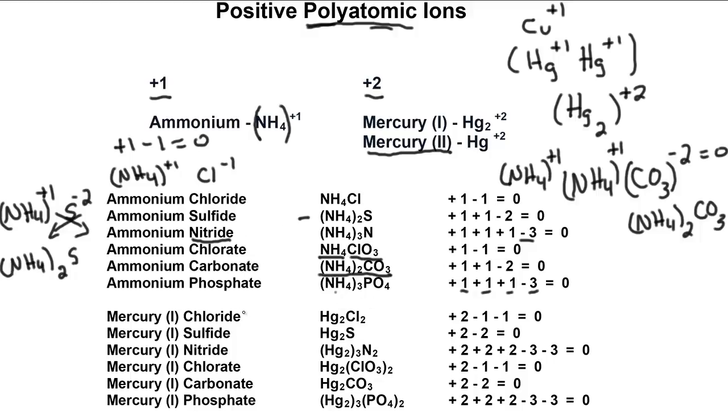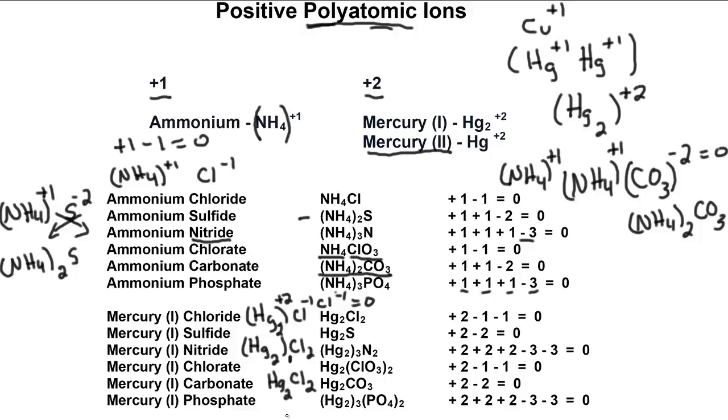So mercury 1 chloride. Now mercury 1 is Hg2, and it is a +2 charge. That is mercury 1. Now chloride is a -1 charge. I have to get to 0, so I'm going to need another one of those chlorides in order for me to get to 0. +2 -1 -1 equals 0. Now the next step is to write it, and we would get (Hg2)Cl2. Now, because there is only one of these units in the parentheses, we ignore the parentheses and we get